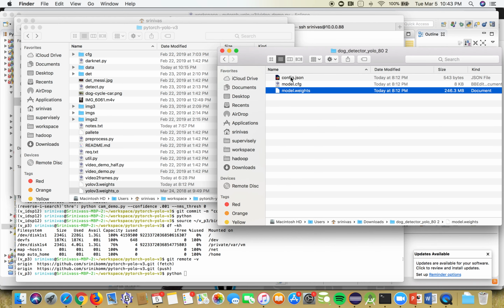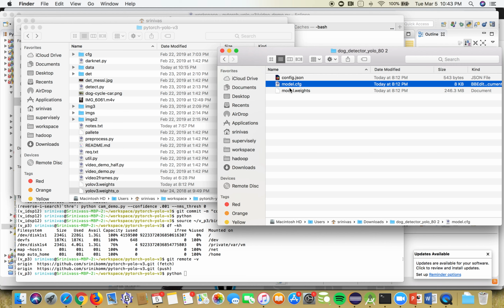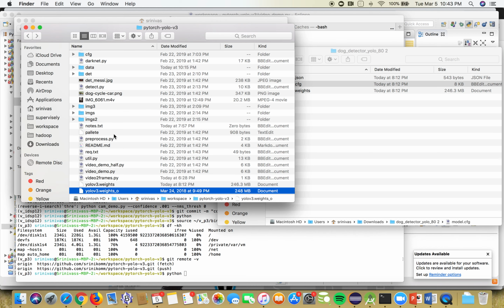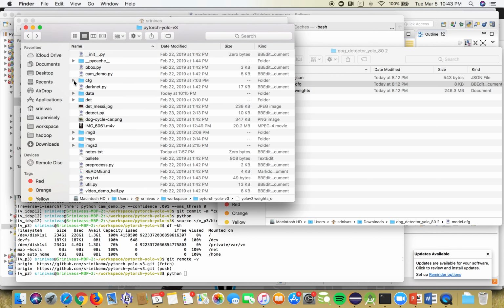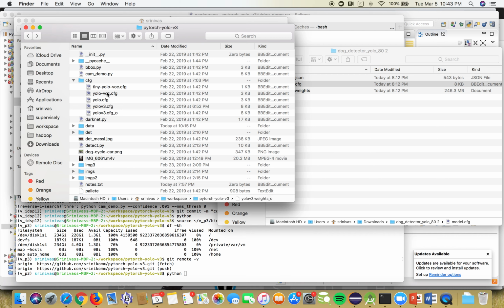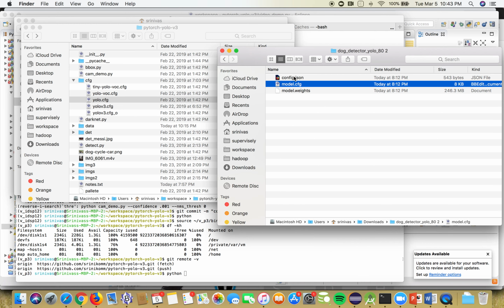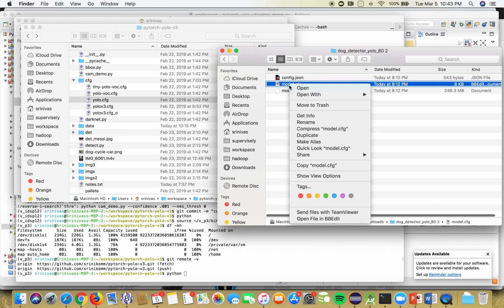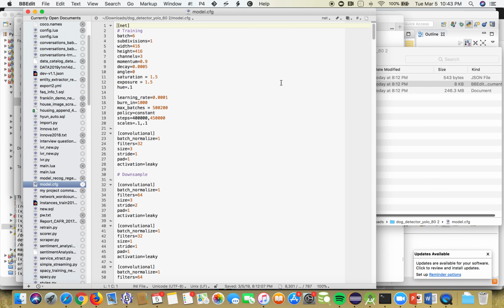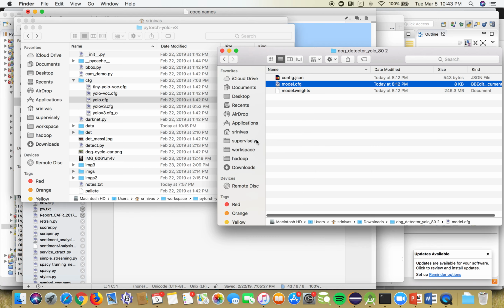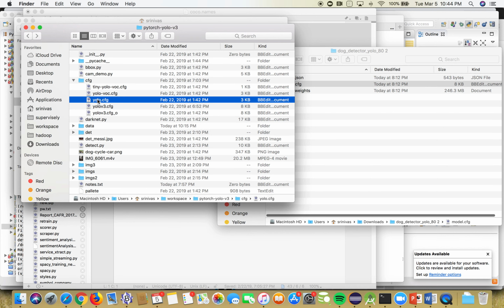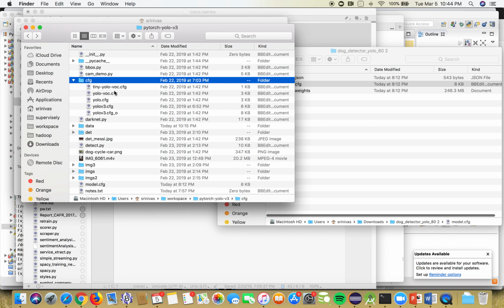You can also do it likewise for the model config, which is in the config folder. Actually, you don't need to do that, so let's open this. Yeah, you just need to copy this file as YOLO3.config. So I'm copying, sorry, I think it got copied